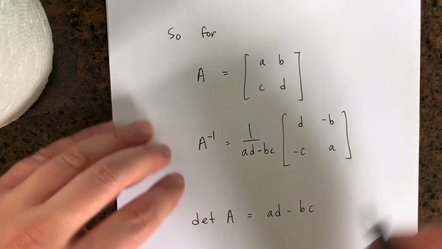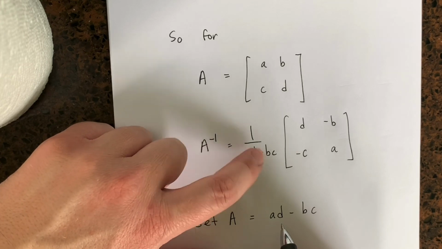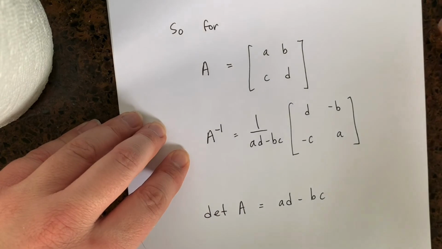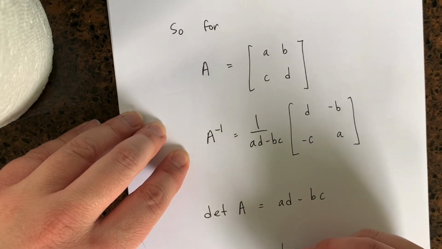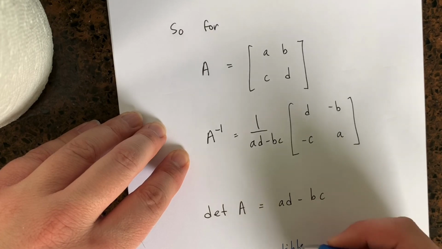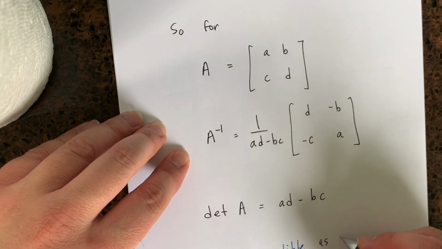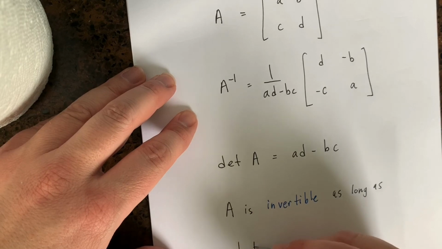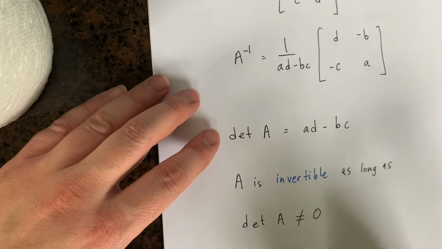And we can see, as long as this term AD minus BC doesn't go to 0, this will be invertible. And sometimes the determinant of A is